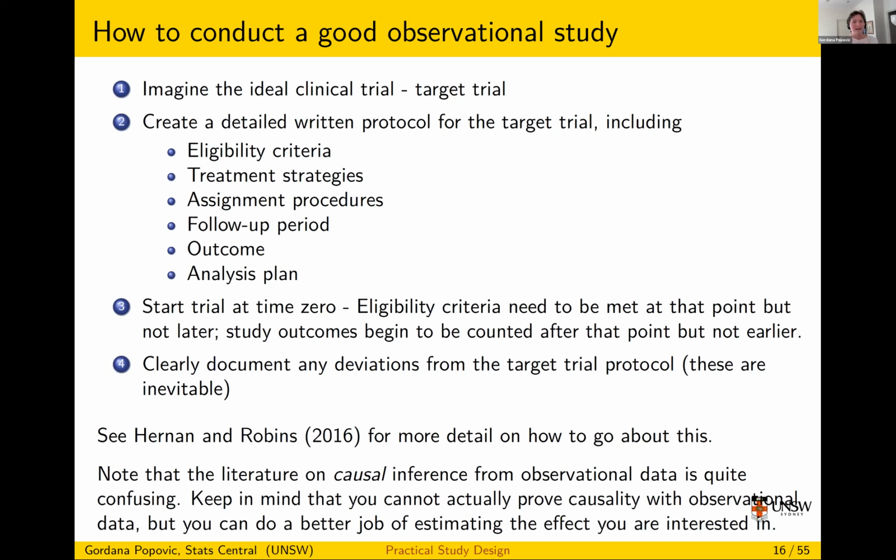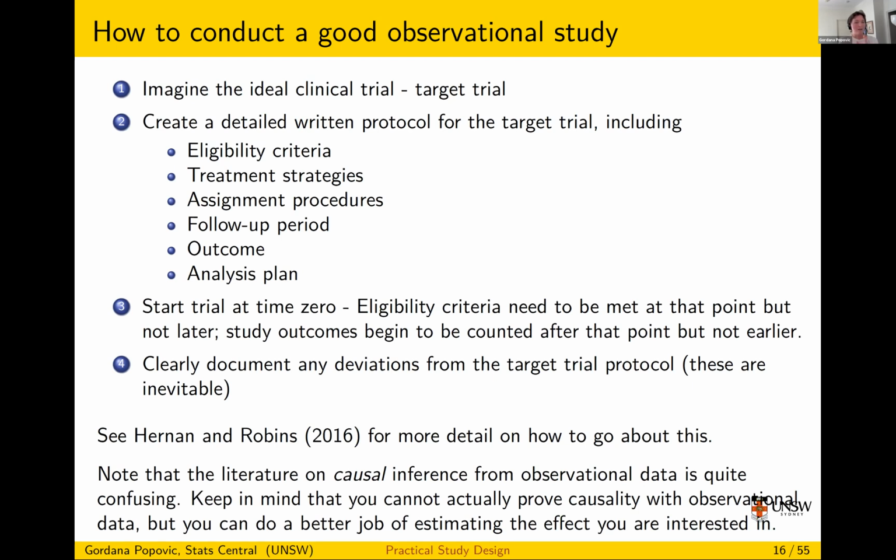And then you look at each of the people in your data set, and you look at them in their first year and you say, do they meet the eligibility criteria? No. What about in the second year? No. What about in the third year? Yes, they meet the eligibility criteria. Now they're in the trial. So that person is now in that trial starting in year 3. And you do that for each of your people. So then you have a start date for each person.